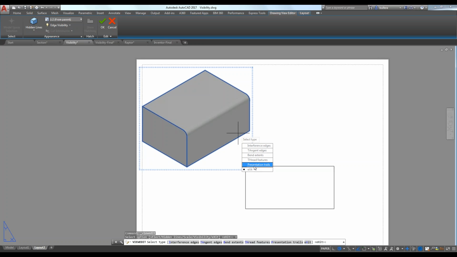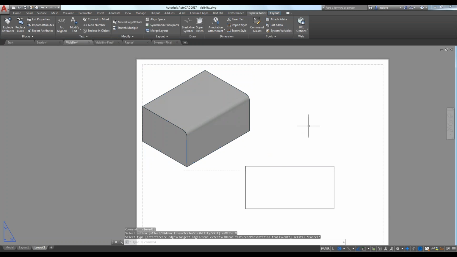The threaded features have a lot to do with threading, and it was hard to come up with a presentation that was able to show you guys this stuff clearly. But again, you guys are probably working on something much more complicated than just this cube. So I highly encourage you guys to play around with this stuff as much as you can and really start exploring how this is helping present your models in a succinct way. So again, we're just going to skip over that. And if you guys are super interested in learning more about these options, maybe, Victoria, we could do a new webinar on it and focus on these. But